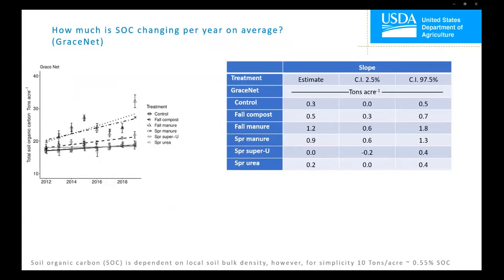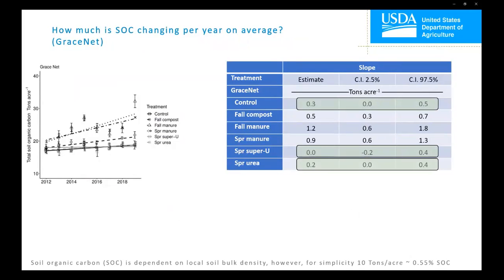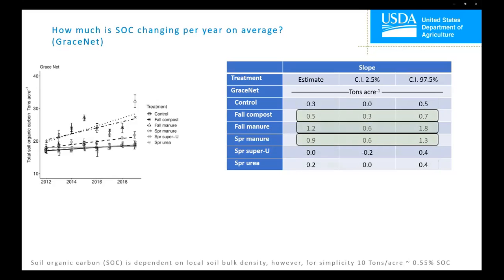Here, we are looking at simple linear regression analysis again. The confidence interval for the slope of both synthetic fertilizer treatments and the control included 0. Therefore, we cannot be certain that soil organic carbon changed at all in these treatments. The remaining treatments accumulated soil carbon with estimates in the descending order fall manure, spring manure, and fall compost. This analysis suggests a slight benefit to applying manure in the fall versus in the spring when considering soil organic